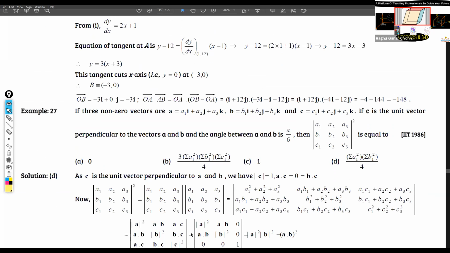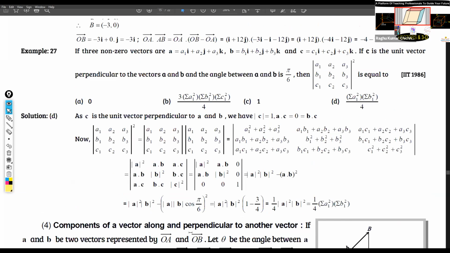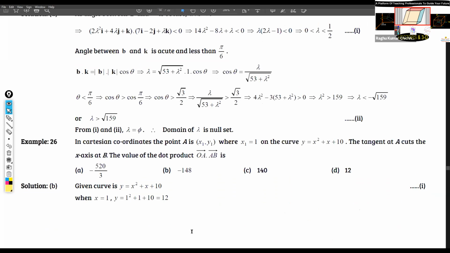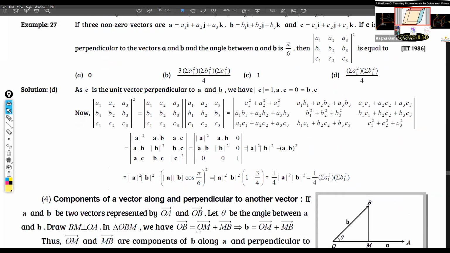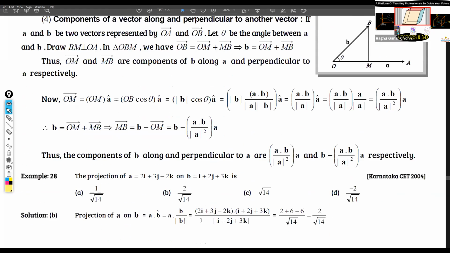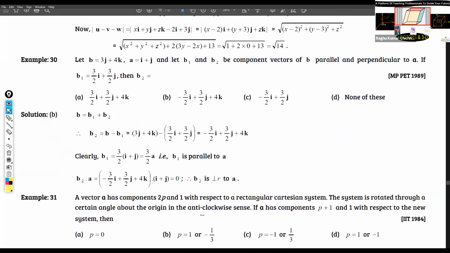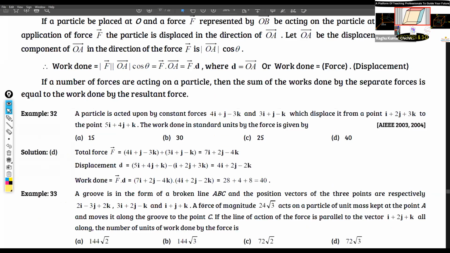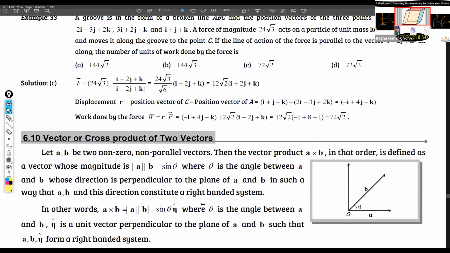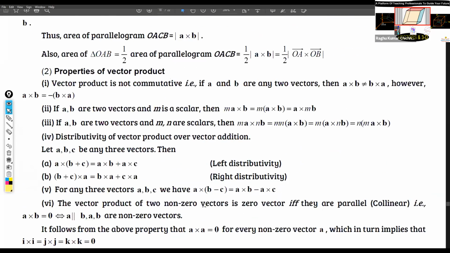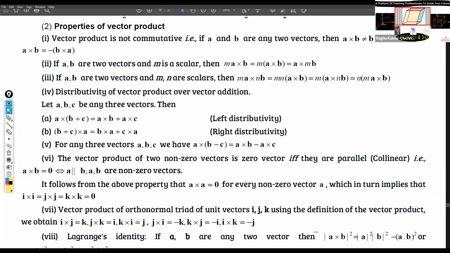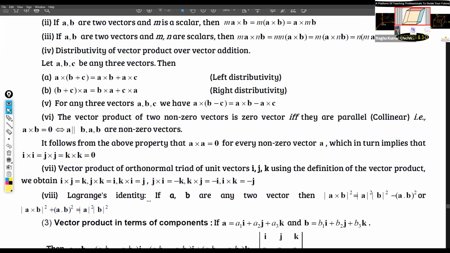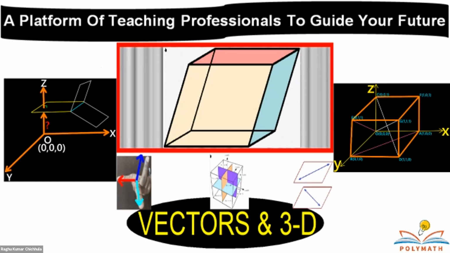Okay. Let me see. This problem finishes, and then we'll have to go for the components of vectors perpendicular to, this is important. Orthogonal projection. After orthogonal projection, we'll have the work done application, then the cross product. We can finish it off. In the next 2 sessions, we'll finish up the scalar product and vector product. We'll be finishing off in the next session. Okay.